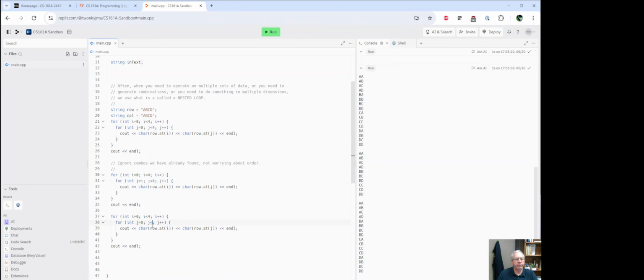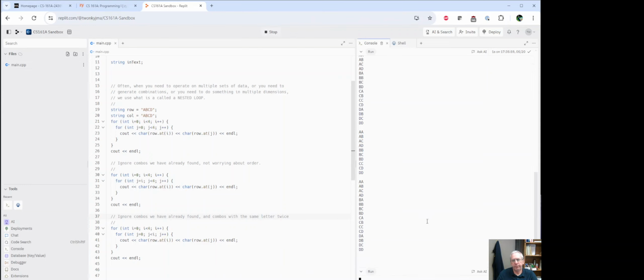Now, ignore combos we have already found and combos with the same pair of letters, or the same letter twice, and that's where we got BA, CA, CB, DA, DB, DC. You could do this in the other way too, right? You would do J equals I plus 1 in the other direction, right? And then finally,